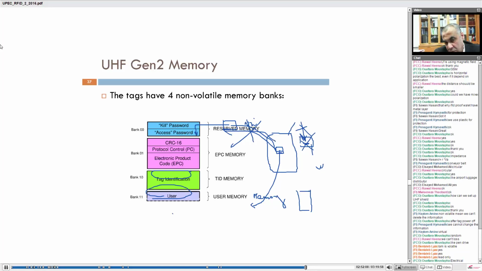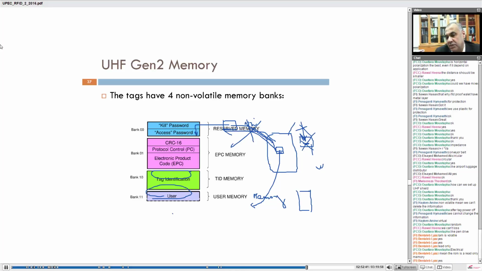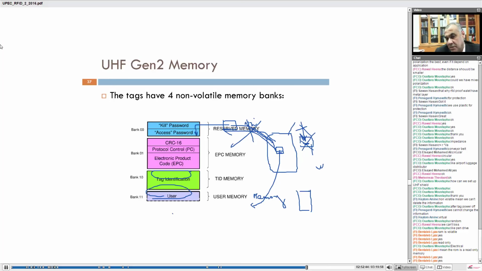For example, this we cannot change. This we cannot change, but this we can. Yes, by powering this and command from the reader, we can change the information with the reader command. By exchanging information, we send the information we want to change, and then we save it here, and we can read it. We can write it, and we can read it. Yes, by backscattering, because in an inductive coupling, usually we cannot